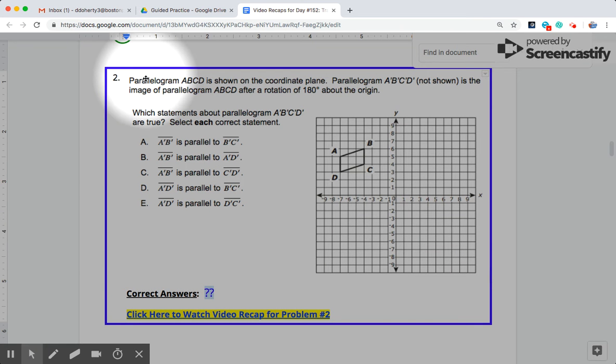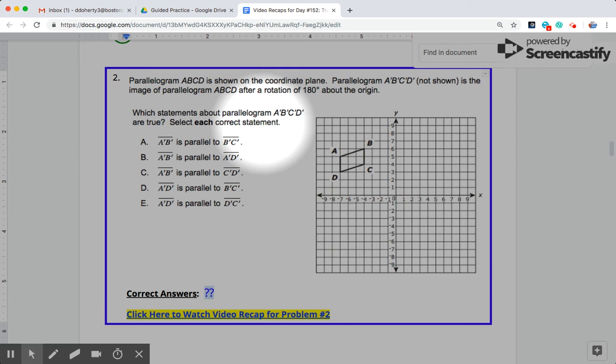For practice problem 2, we're told that parallelogram ABCD is shown on the coordinate plane, and then parallelogram A prime, B prime, C prime, D prime, the one after we do a transformation, is not shown. But we know the transformation that happens is a rotation of 180 degrees around the origin. They ask us which statements about the new parallelogram A'B'C'D' are going to be true, and then to select